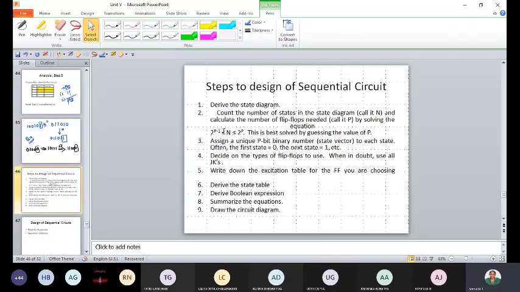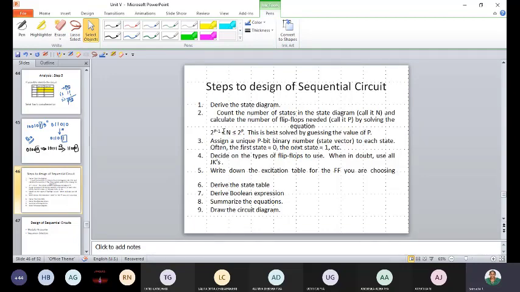Next, we have analyzed the circuit now. When a circuit is given, we know how to analyze it by assigning the variables, and we know how to bring the state table and finally the state diagram. So design is nothing but you will come in the reverse order. First, your problem statement will be given, and from the problem statement you will assume the states, and after assuming the states, you will be deciding on which flip-flop that you are going to use for the design in the given synchronous circuit.